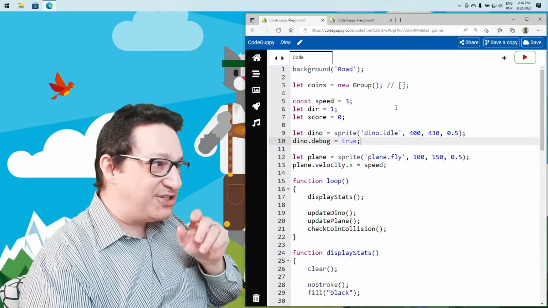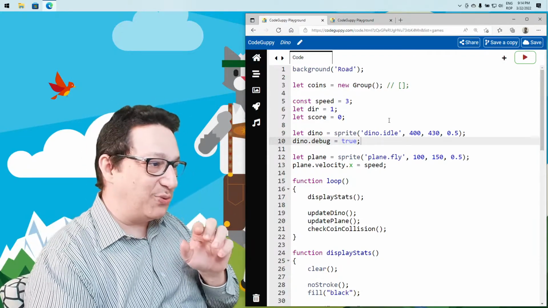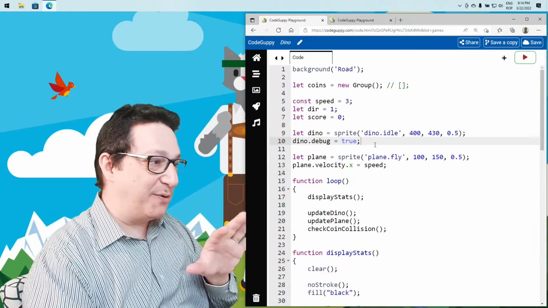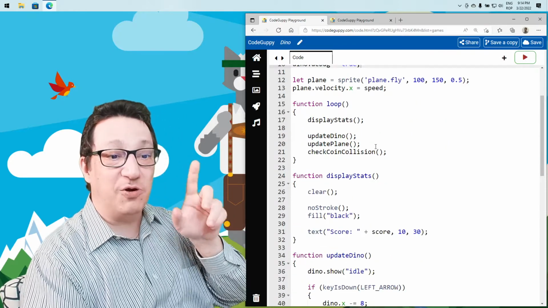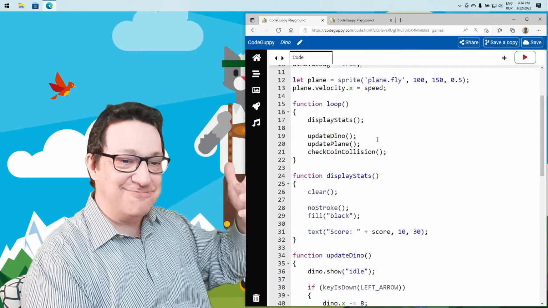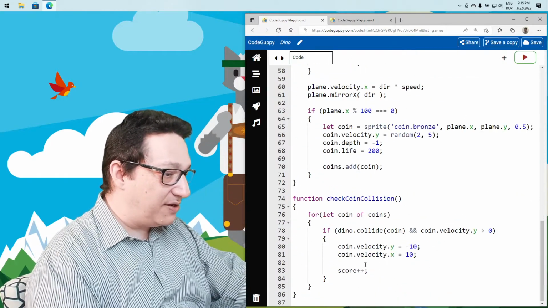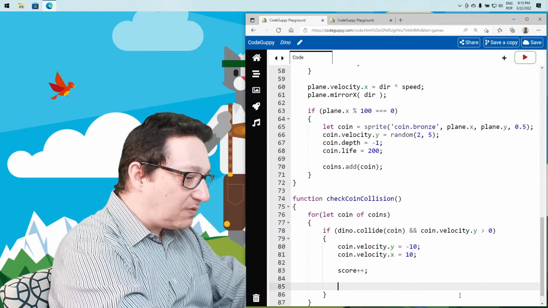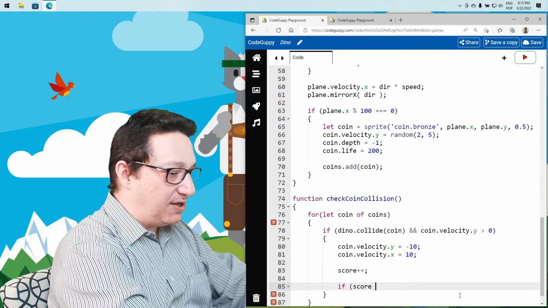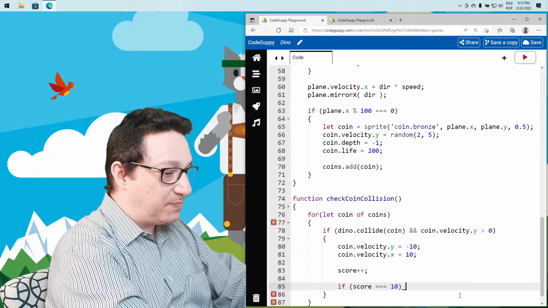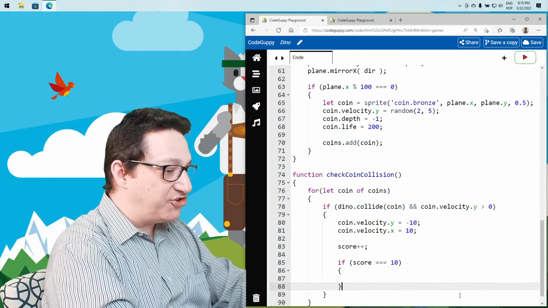Let me show you how to do that, how to display happy birthday if they collect 10 coins, or the number of coins that their age is. So here we can increase the score, and we can say if score equals 10, at this point we can show scene